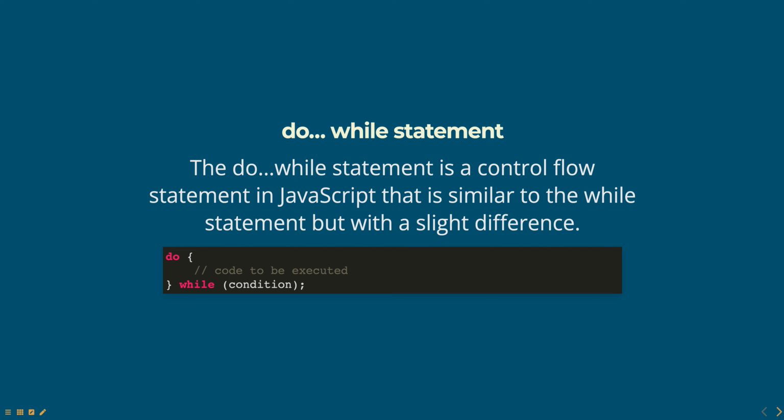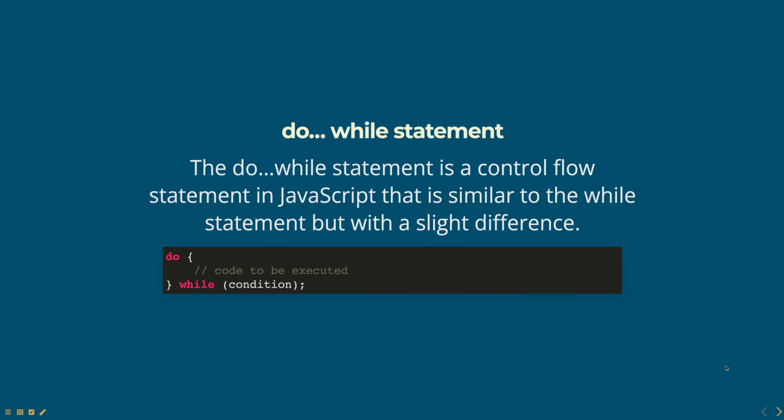The do-while statement is a control flow statement in JavaScript that is similar to the while statement but with a slight difference. The basic syntax of the do-while statement is as follows. The code block following the do keyword is executed first, and then the condition following the while keyword is evaluated. If the condition is true, the code block is executed again. If the condition is false, the execution of the code block stops and the program continues with the next statements